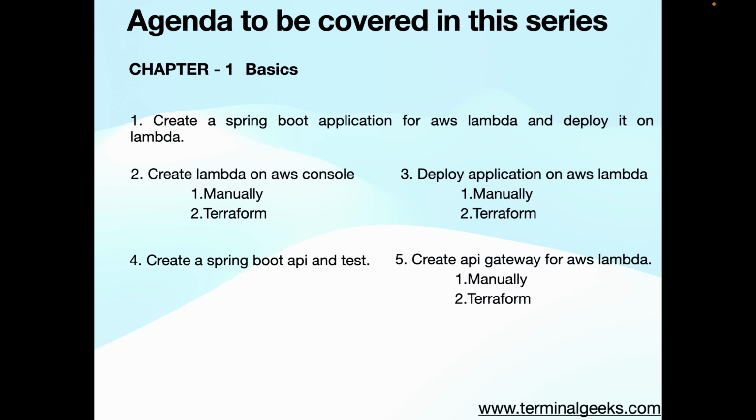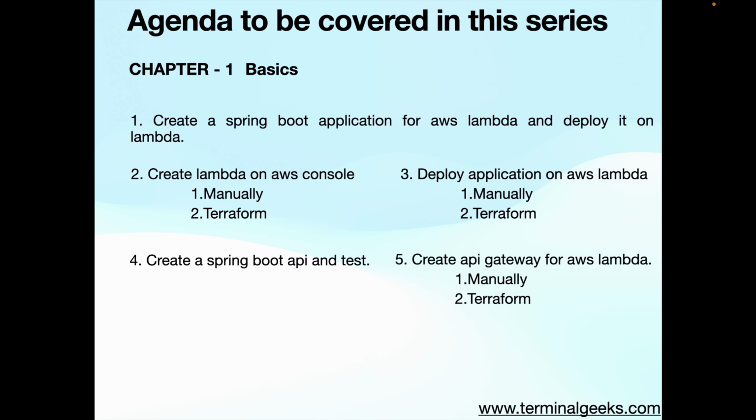The first chapter is basics, and the first thing we are going to do in the basics is create a Spring Boot application for AWS Lambda and deploy it on Lambda. To deploy it on Lambda, we need Lambda. So we will create Lambda on the AWS console, both manually and by the automation process, Terraform. After creating Lambda, we will deploy our Spring Boot application on AWS Lambda. Then we will create a Spring Boot API and test it